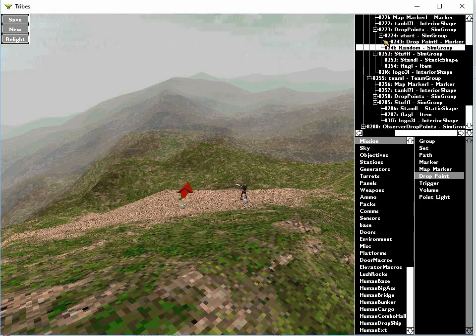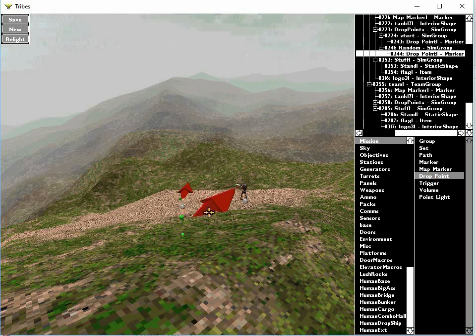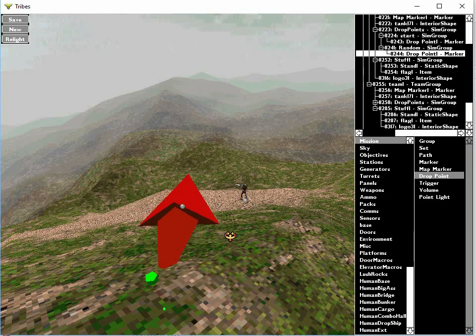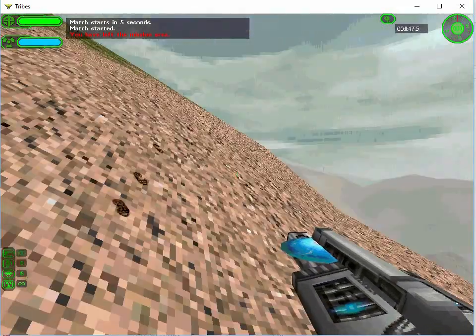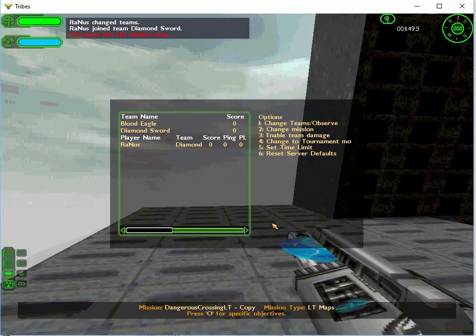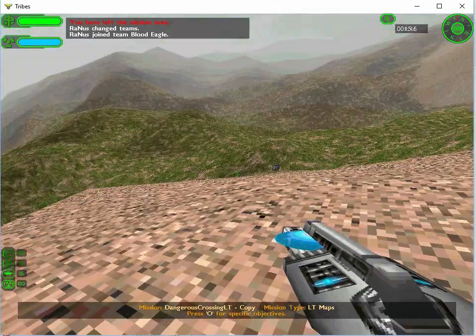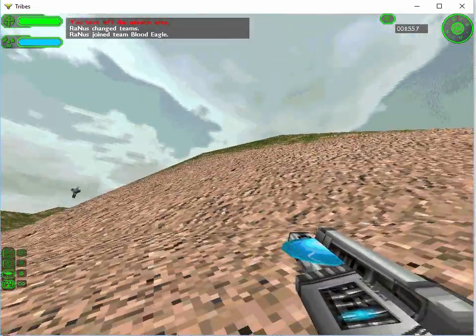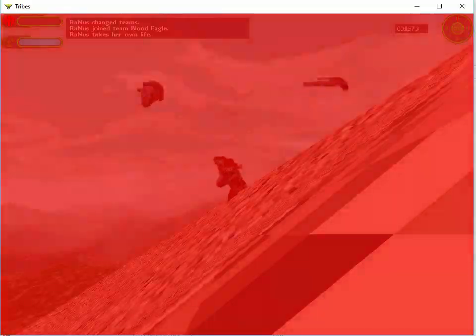So let's say, and then you can do the same thing for random. Just make sure that it's highlighted, and then just dump that in, and here you go. I'm going to spawn the first time lower, and then if I get killed, I'll spawn higher. So let's see, if I change teams to Blood Eagle, here I am, and this is my start point, obviously, and then if I Control K and die,